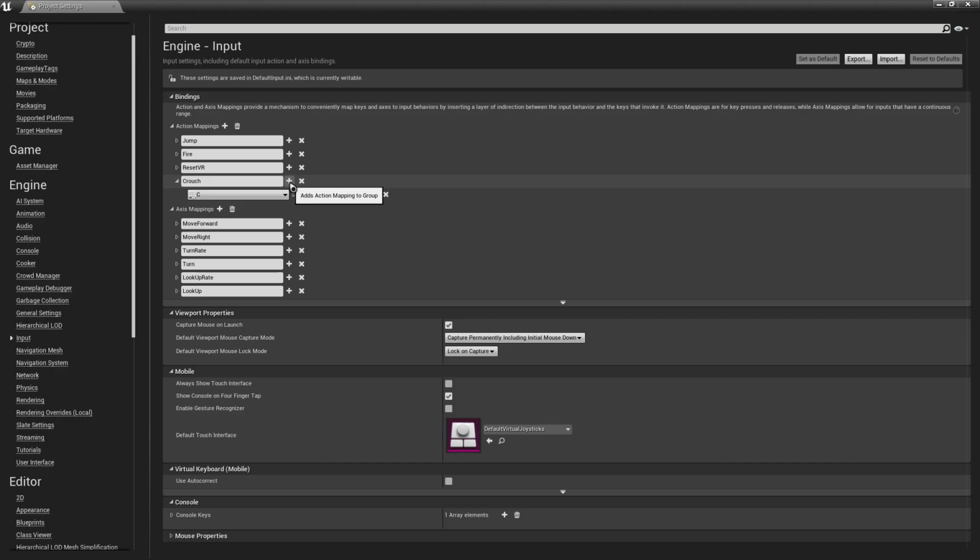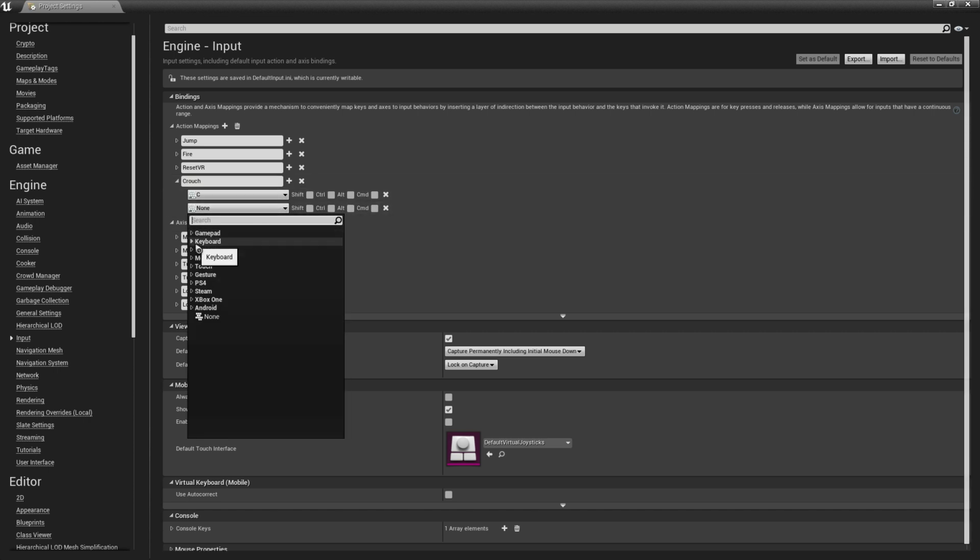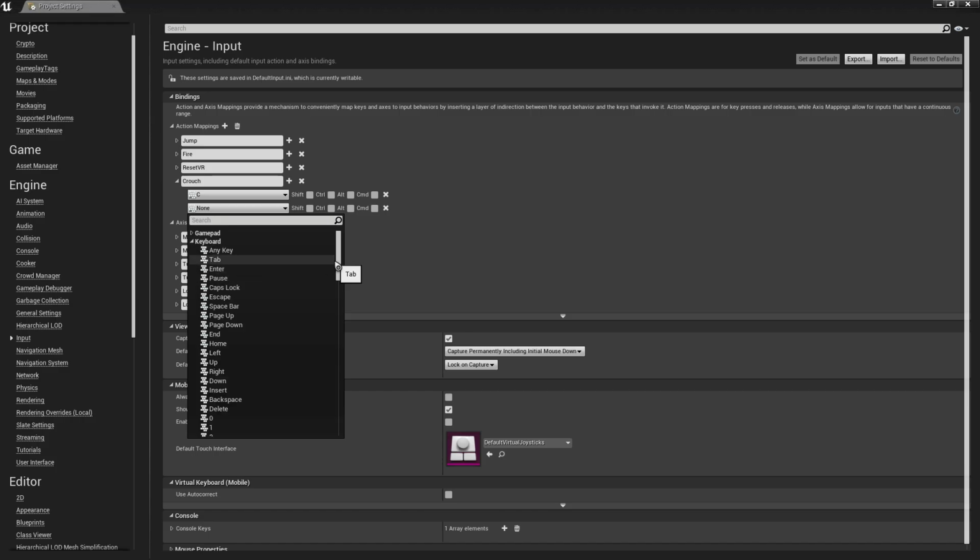And as you can see, we can add another action mapping in the crouch. So I think just add the left shift under the keyboard. Just find the left shift, or you can use the search to quickly locate the key that you need.